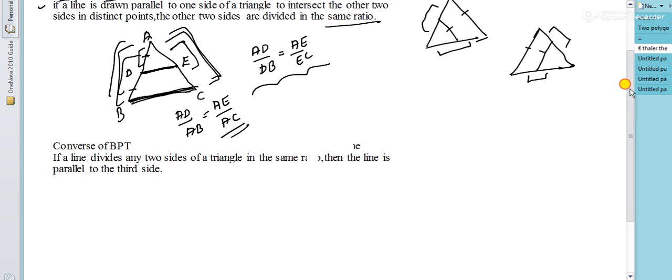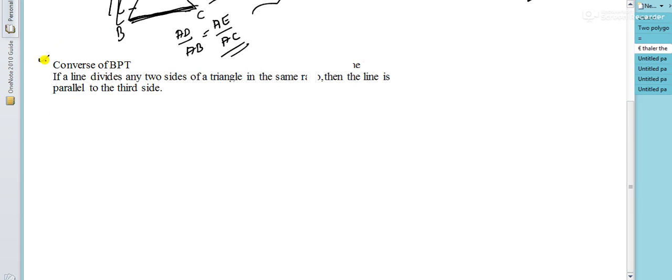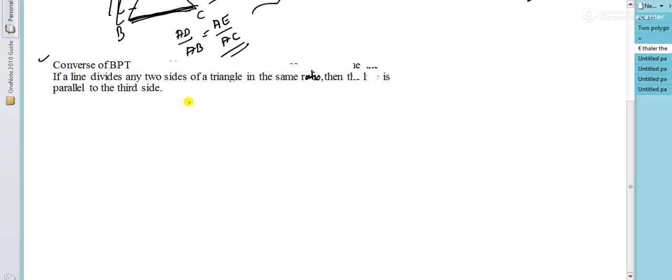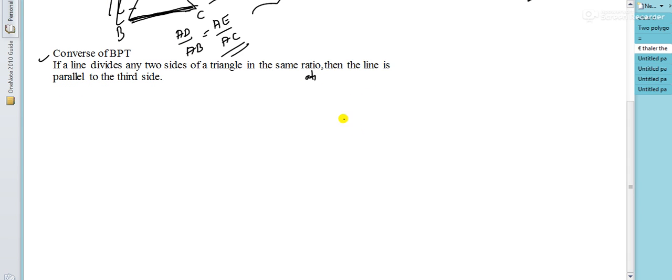Now we should also know about the converse of BPT. What does it say? If a line divides any two sides of a triangle in the same ratio, then the line is parallel to the third side. So as per this, if a line divides any two sides of a triangle in the same ratio,